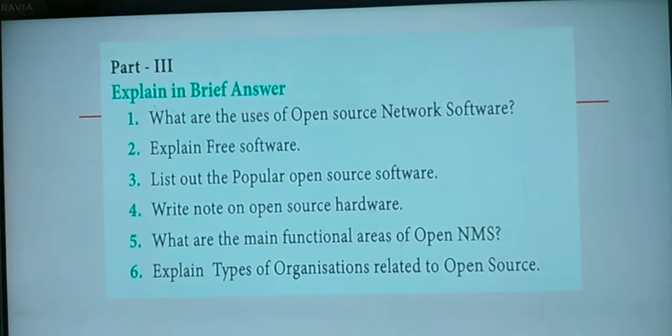For that you people come to page number 201. In that which side? Right side you people are having second para, no? In a network it is not easy to find problems. It is beginning like that, no? From there to whole para you people have to mark. That is for your part 3, first question. You have to mark in a network it is not easy to find problems, beginning from that till when it happens. Okay, mark that one. It is for your part 3, 1. Then come to the next one.